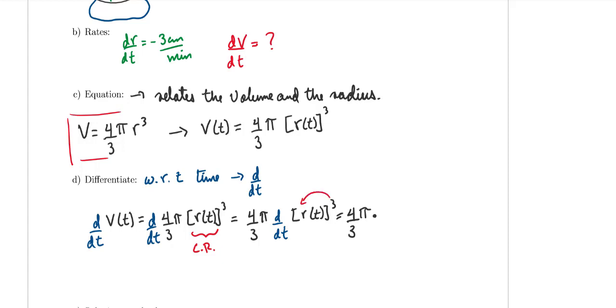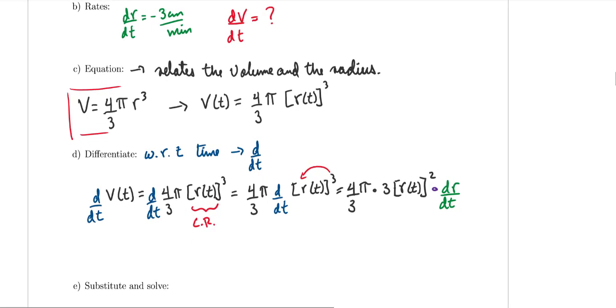so the 3 comes down, so it's a 3 times r of t squared, and is that it? Nope, we still need to find out, okay, what was the derivative of the inside? Well, the derivative of the inside is dr/dt. Okay, so now I'm just going to drop the function notation there, and I'm just going to say, okay,